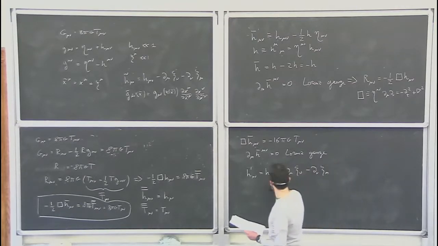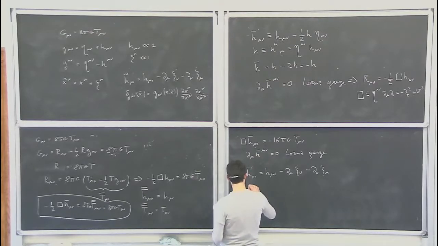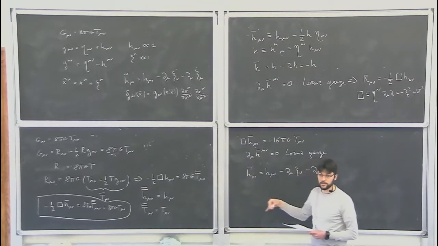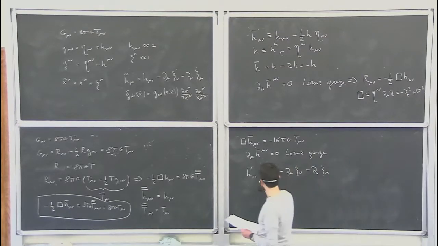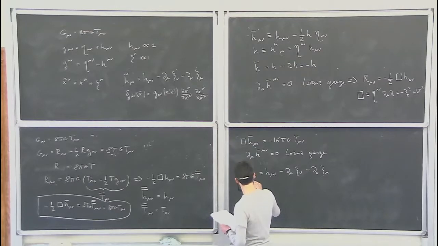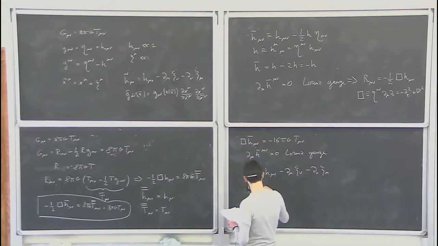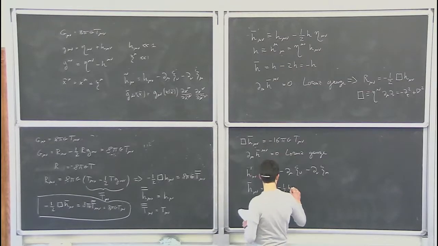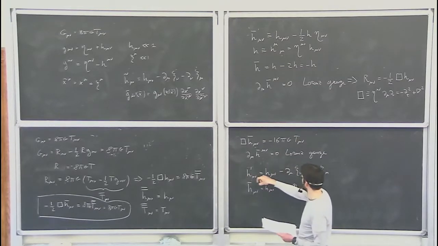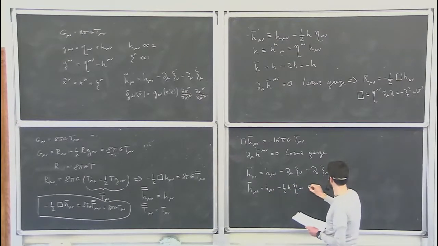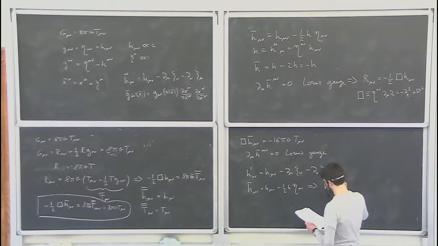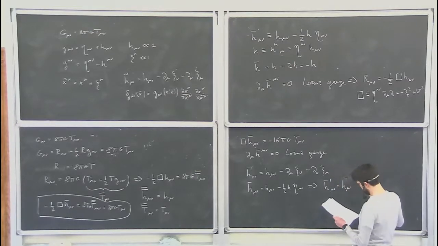Now suppose I want to see how h bar, the trace-reversed metric perturbation, transforms under gauge transformations. It's rather trivial, so I should just remember that h bar mu nu is h mu nu minus 1/2 h eta mu nu. And I use this gauge transformation in the definition of h bar. What this gives, if you do the algebra, is that h bar prime mu nu equals, I will give you the result, h bar mu nu minus